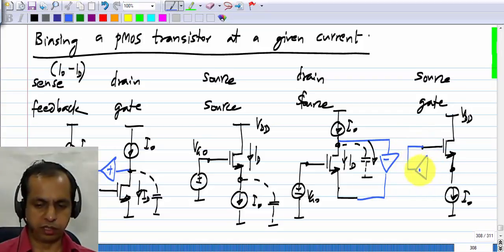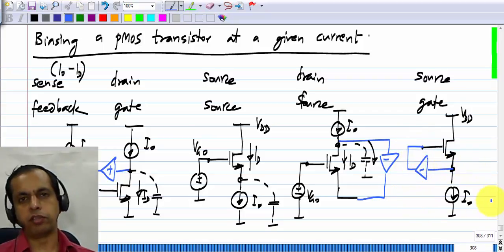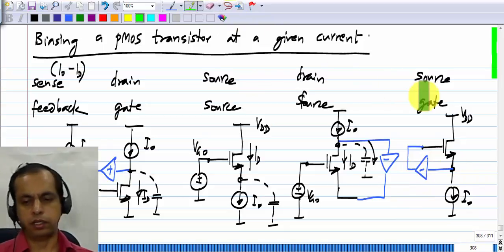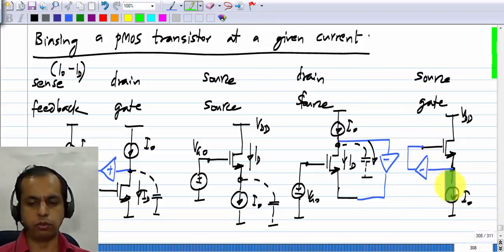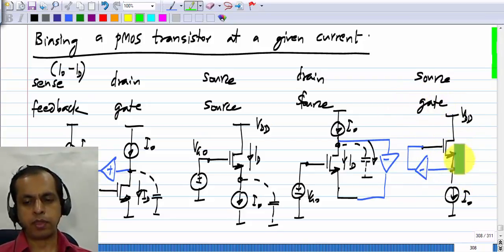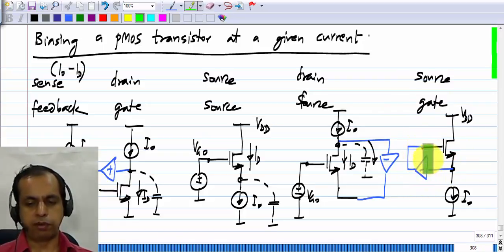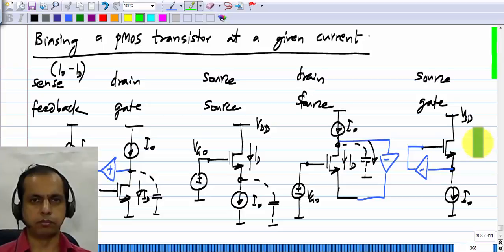completing the feedback through a negative incremental gain. Okay, this is because the sense of variation you need at the gate is opposite to what you have at the source. So in this case also I write feedback to the gate, there is feedback both to source and the gate. But if this amplifier has a reasonably high gain, then there is substantial feedback to the gate and a lot less feedback to the source. Okay,